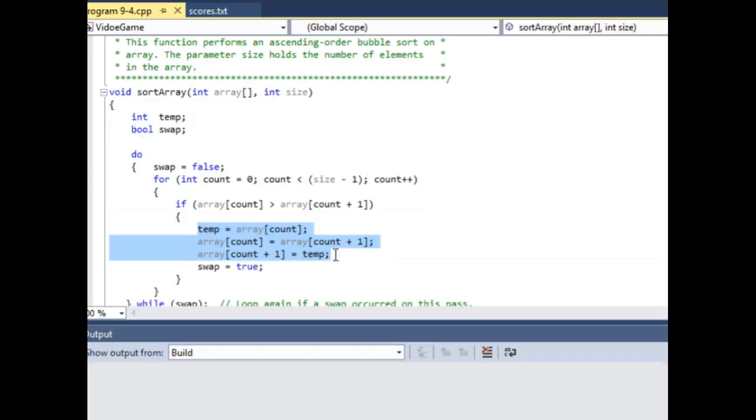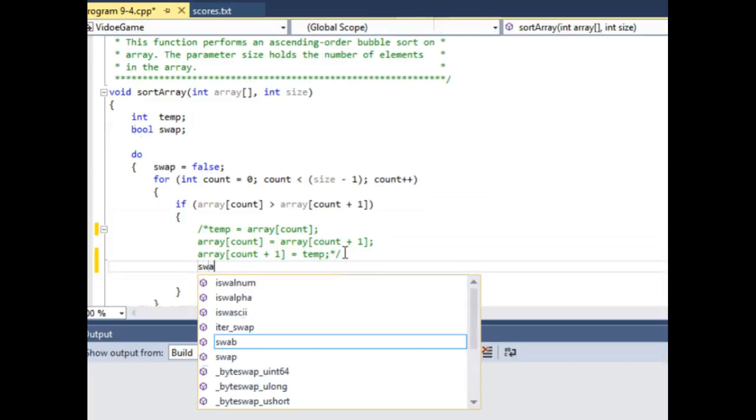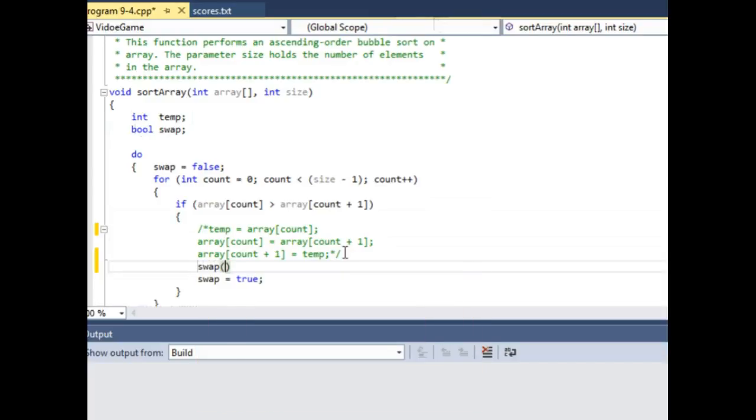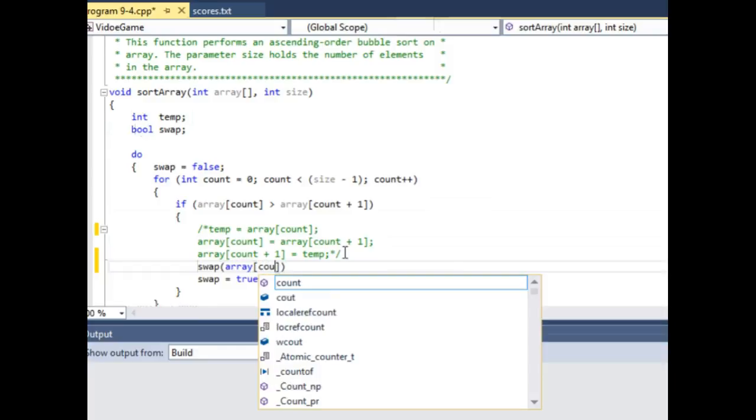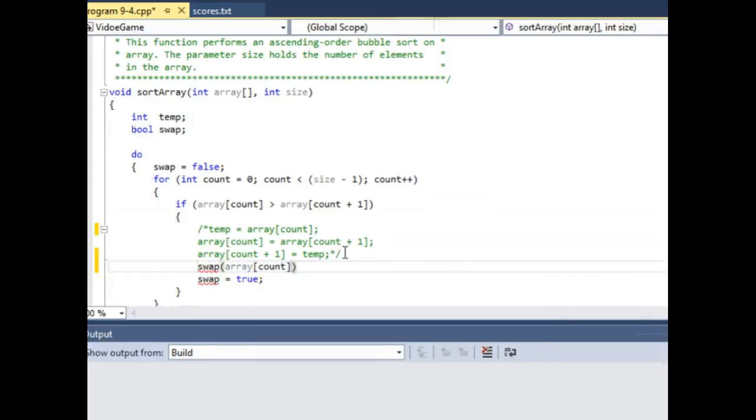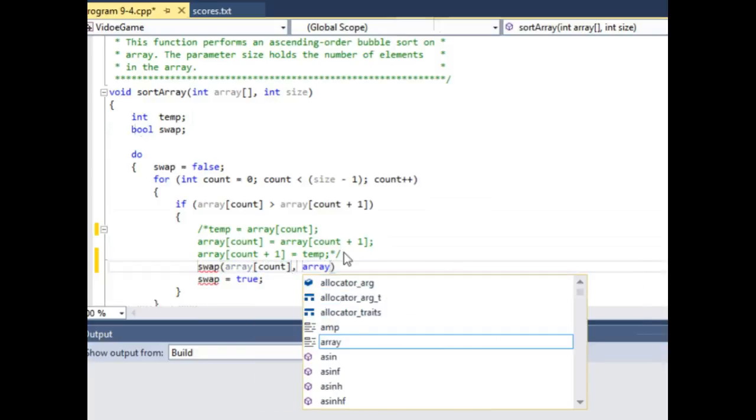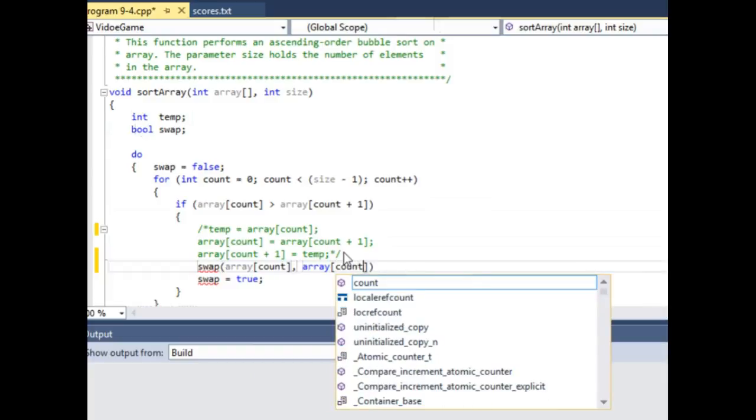Newer versions of the compiler have a swap function built in, and so you could actually take this code out. I'm just going to comment it out for now, and you could call the swap function, passing it array sub count